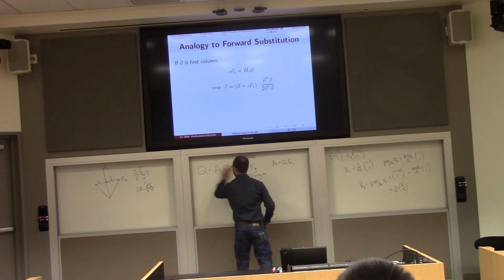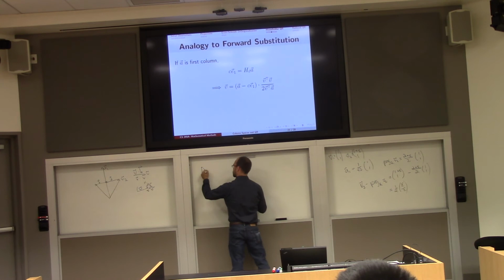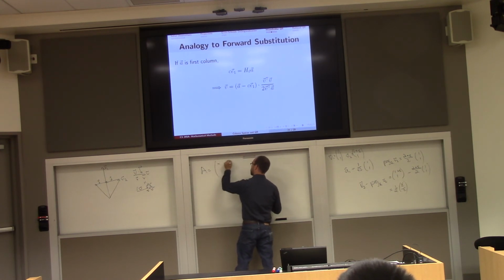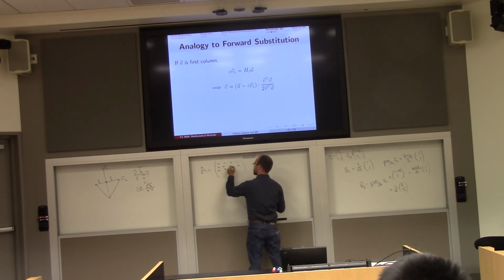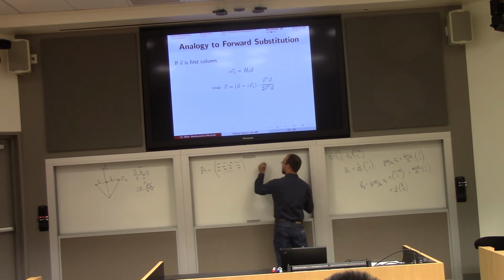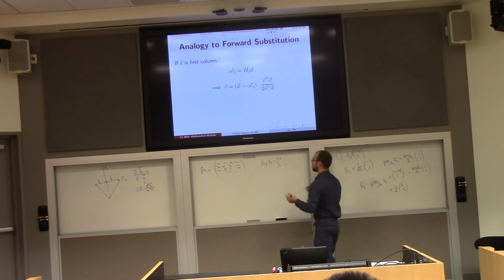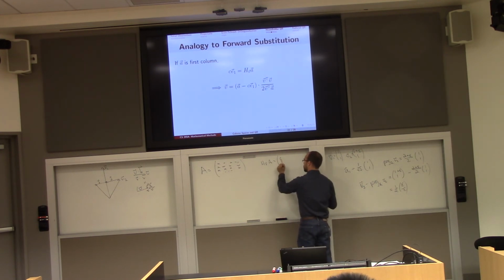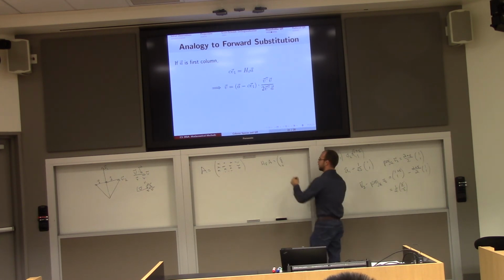Remember that A looks like a bunch of this kind of stuff. After the first step of forward substitution, we want something that looks like, well, we'll just put a C there. I don't really care if it's a 1 or not. That's not a big deal. But I want zeros down the first column,